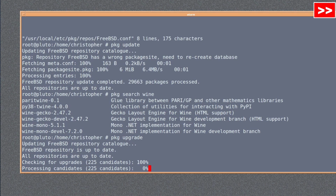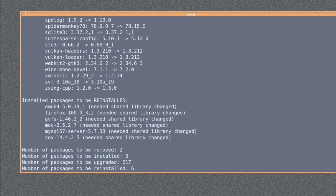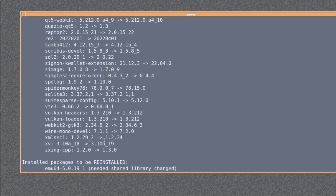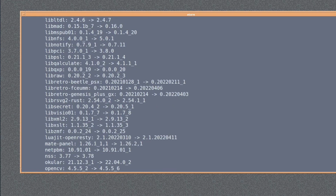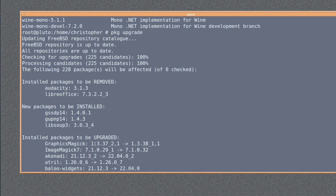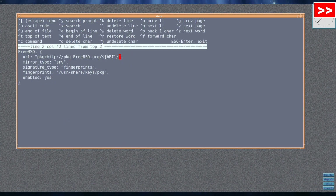Let's see what can be upgraded. There's quite a few things that can be upgraded. Of course, these things can be reinstalled for shared library changes. And oh yeah, some upgraded packages. But unfortunately, you need to remove Audacity and LibreOffice. So yeah, I don't think I'll be bothering. I'll change it back to quarterly. No harm done. And now we'll look